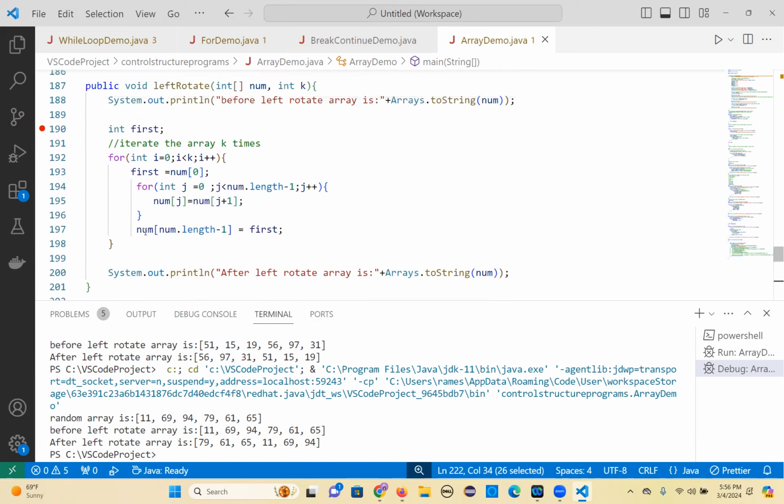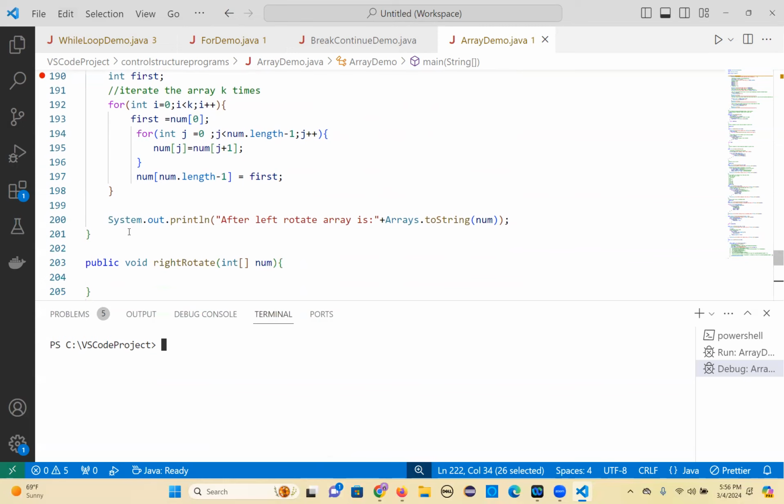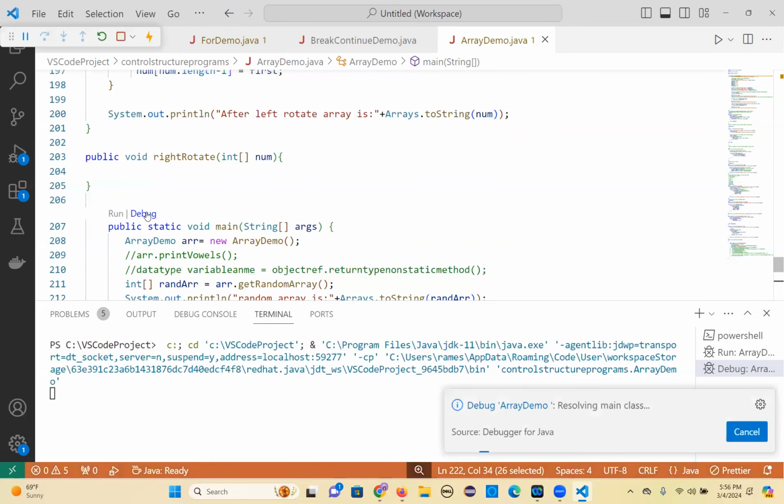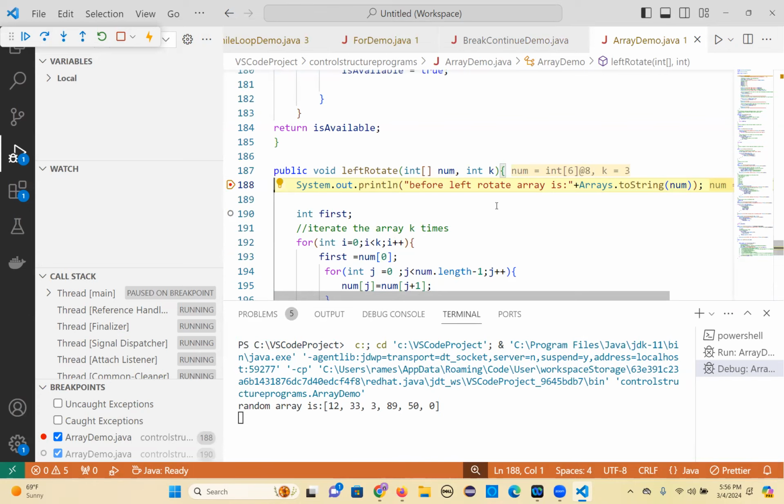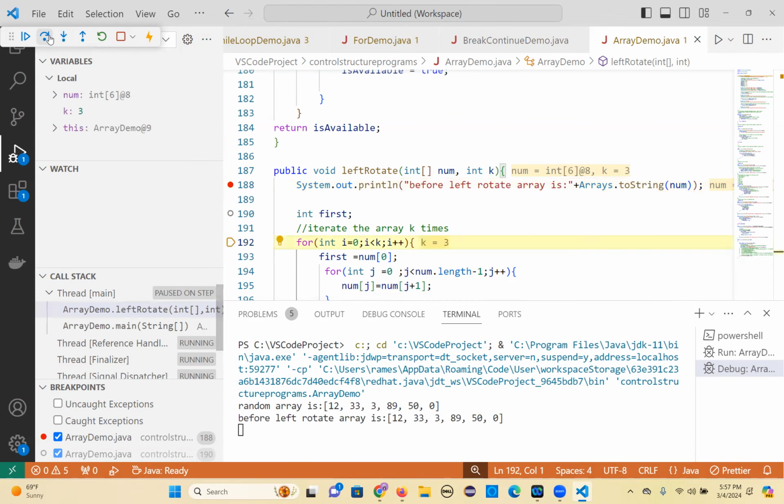Too much. Yeah, so it came, so it printed. Then move on to the next. So the first variable value is nothing, right? It is just k is 3. Okay, we have given 3. And see num of,